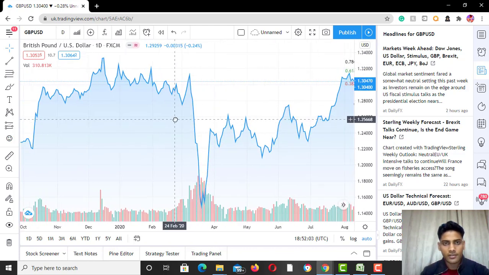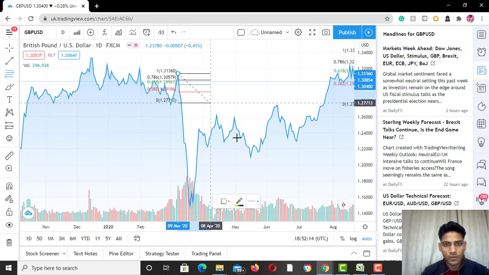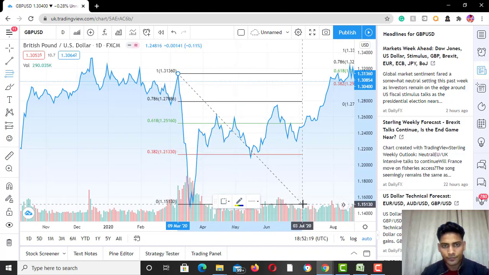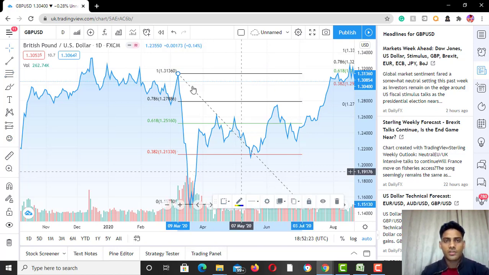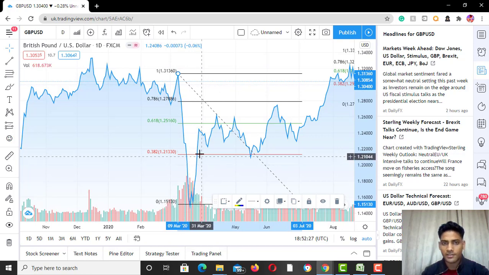Let's say there's another downtrend, when it was the 10th of March, still on Cable, GBP and USD. If you do Fibonacci there, let's say from there until the bottom, there we go. That's a really good example. You can see it was a downtrend and it's gone up, it broke the